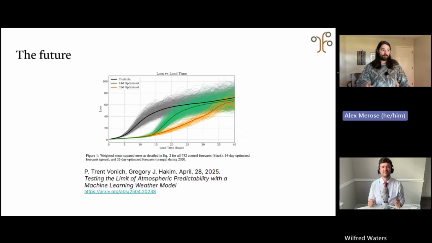It was only a matter of time before it was on a real world chaotic system like the weather in some respect. And I could explain how this works, but because of this property of machine learning doing well in chaos, and this idea that via the backpropagation algorithm of neural networks, a machine learning algorithm is fully differentiable, what Trent Vonch and Gregory Hackham, and I don't know these people, so I'm totally butchering their names, did is they used this property of neural networks to figure out what were the ideal initial conditions